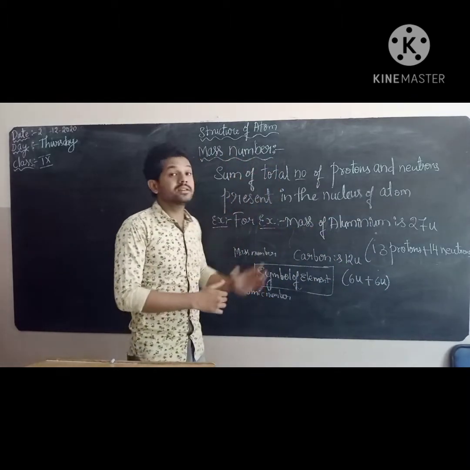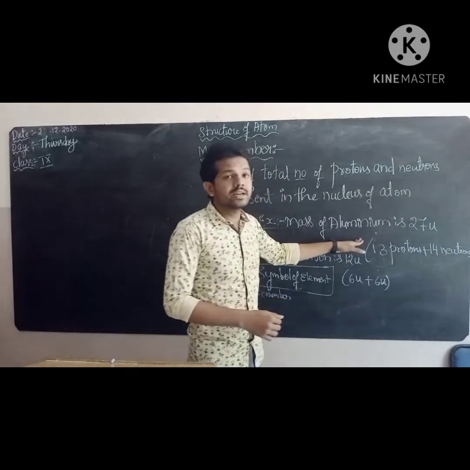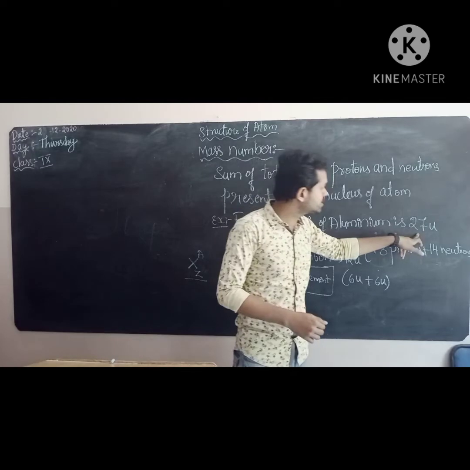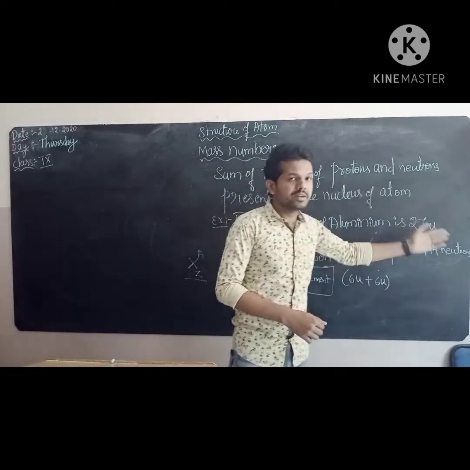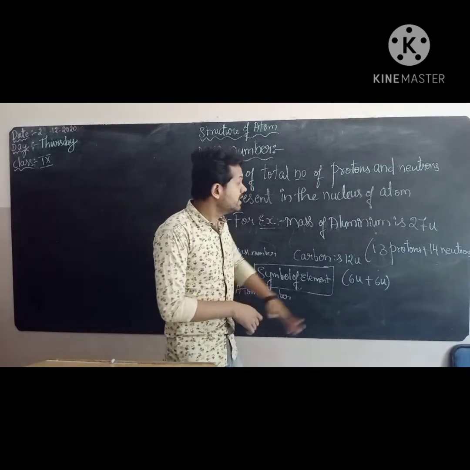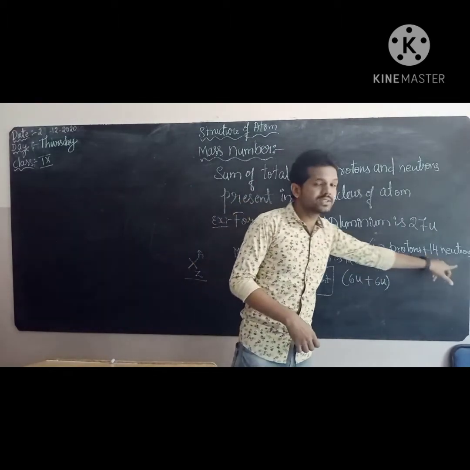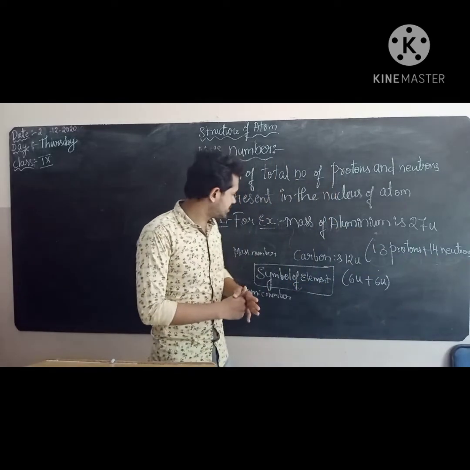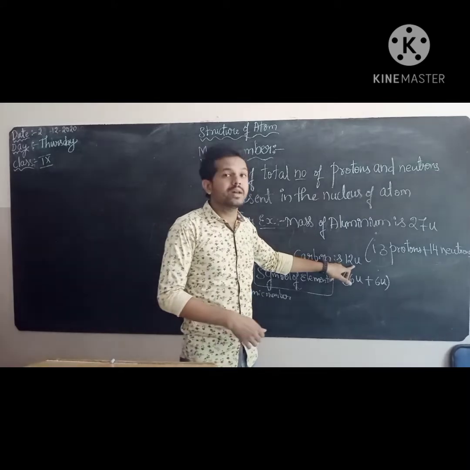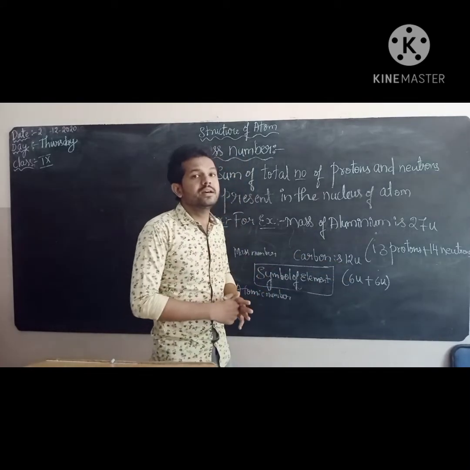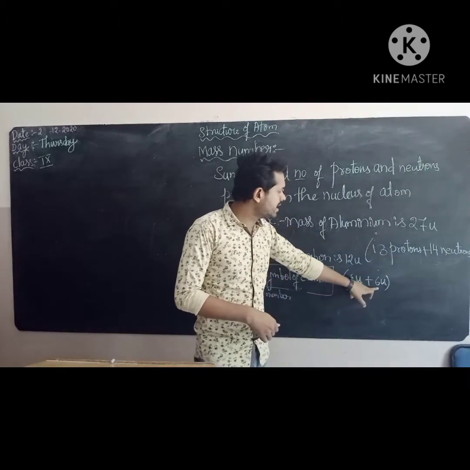For example, if the mass of aluminium is 27 units, where U is unit, it will have 13 protons as well as 14 neutrons. And the mass of carbon is 12 units, so it contains 6 protons and 6